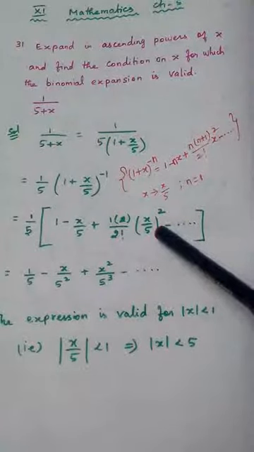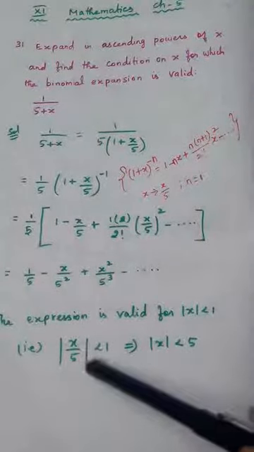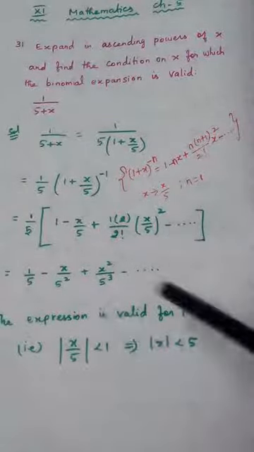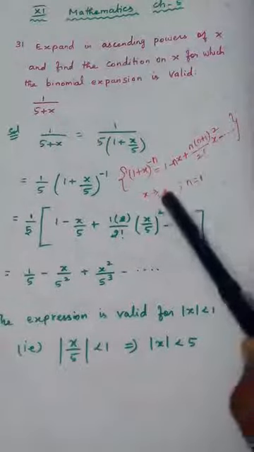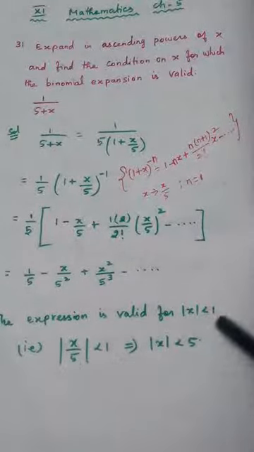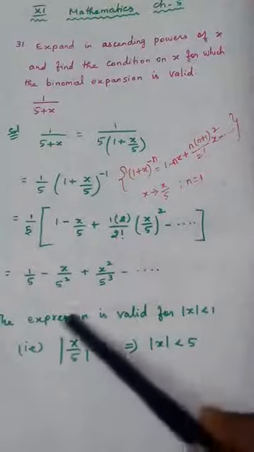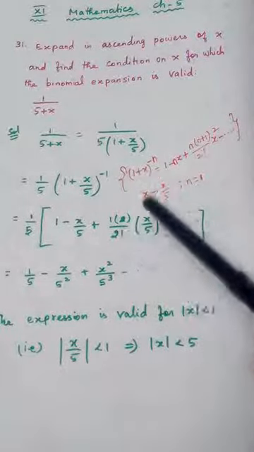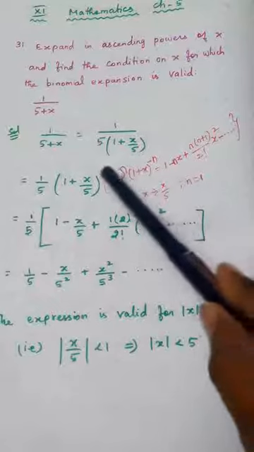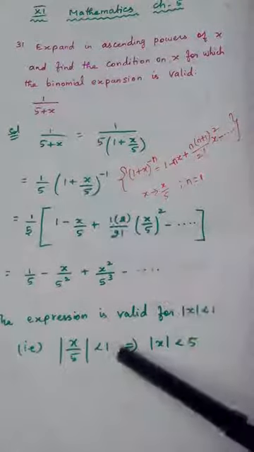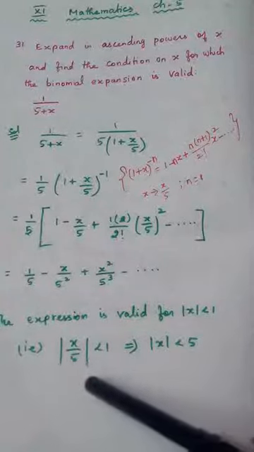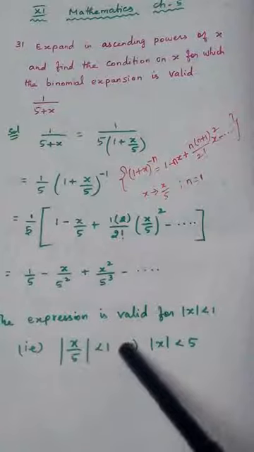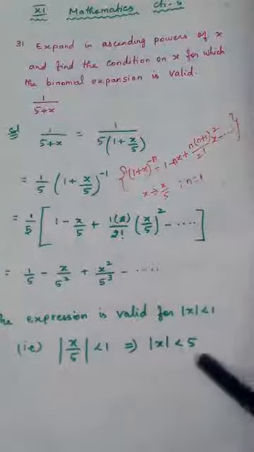If we look at that condition, when we apply it here, what is the x value here? X by 5. So modulus of x by 5, in place of x we are having x by 5. So modulus of x by 5 should be lesser than 1. If this is the case, then only we can do like this. Keep in your mind, we can do like this only when this x by 5, if we take modulus, the value should be lesser than 1. What does that imply? Just cross multiply this 5. So modulus x should be lesser than 5. This is the condition